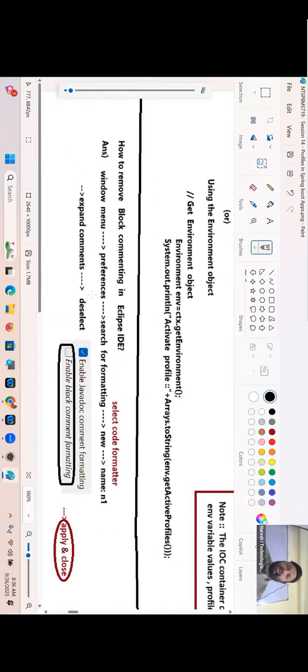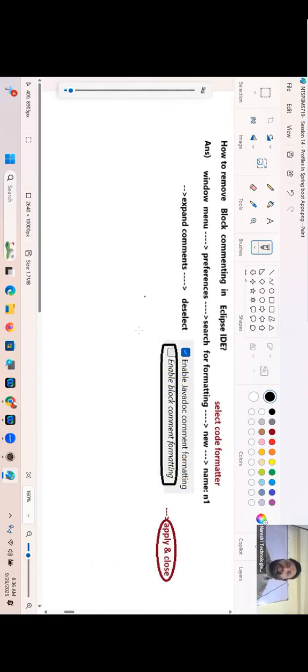So like this, we are waiting. Block commenting, guys. I think when you go for multi-line comments, the structure of the code will be disturbed. Initially, I think I saw it in front of you. Check it out. So that is called block commenting. And then if you use this one, it happens.